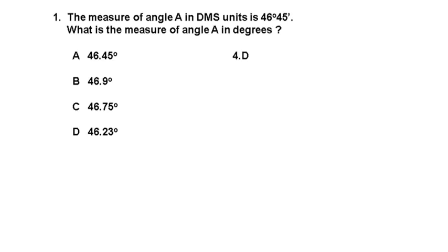Problem 1. The measure of angle A in DMS units is 46 degrees, 45 minutes. What is the measure of angle A in degrees? Well, the obvious answer, if you're really not paying attention, would be to choose answer choice A, but that's not right. What you need to do is take those 46 degrees, and in order to convert these 45 minutes into